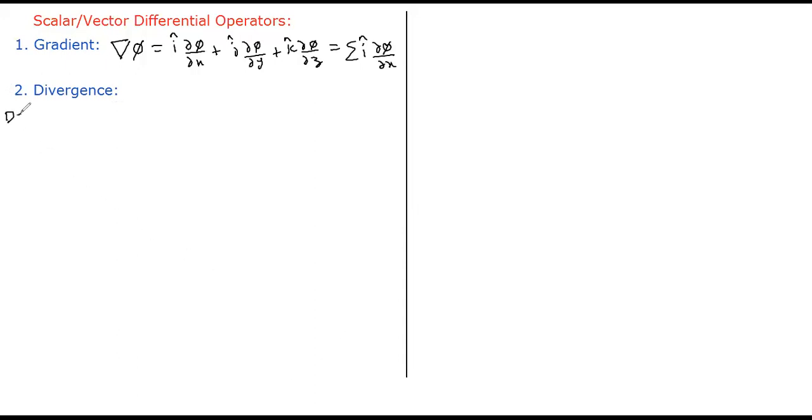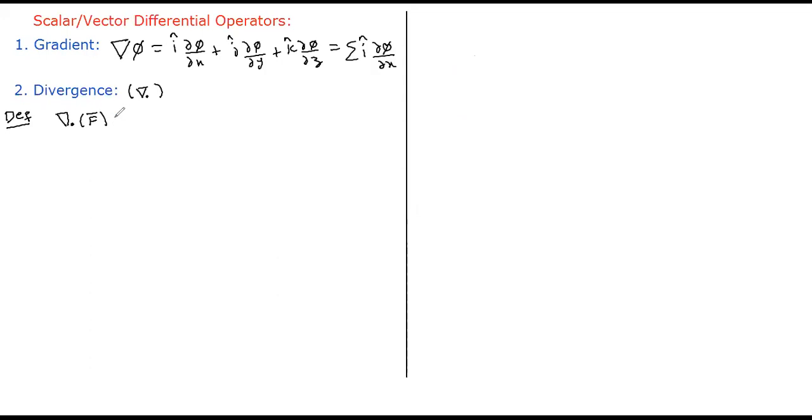Definition. Divergence is denoted like this: del dot, with the dot as a suffix. Some others write it differently, which is not a good notation. Del and dot are not separate. Del dot put together is a unique symbol, so always write dot as a suffix. Del dot itself is a symbol. This is to be applied on a vector function. Divergence operator del dot is to be applied on a vector function.